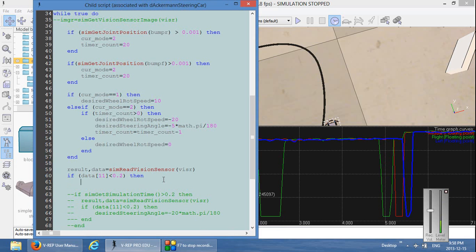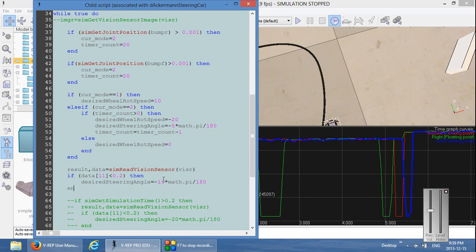and what we'll say is desired steering angle is equal to, and now we'll just pick a value at random, minus 10 times math.pi divided by 180. And here we're putting the desired steering angle into radians. And so now